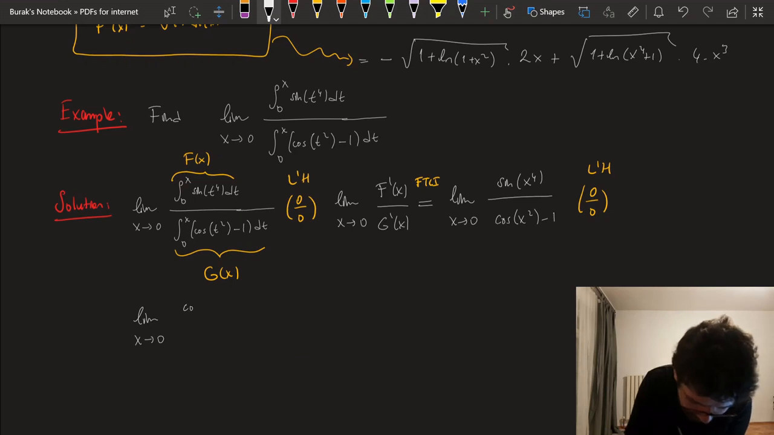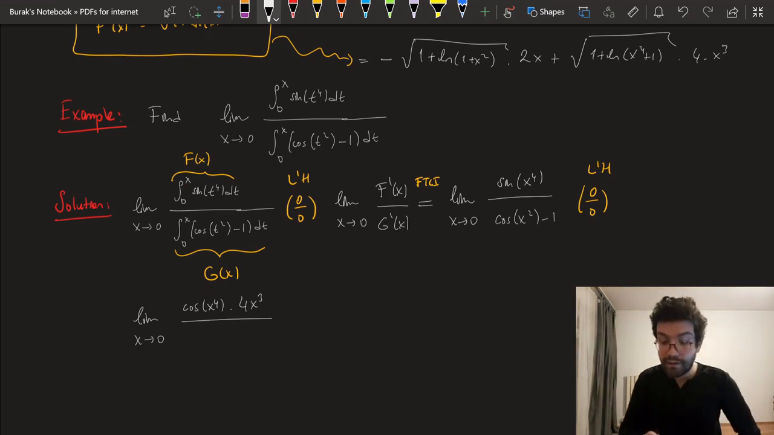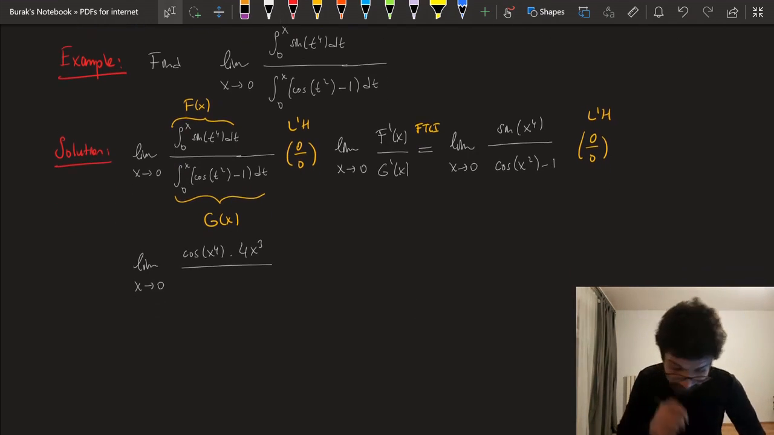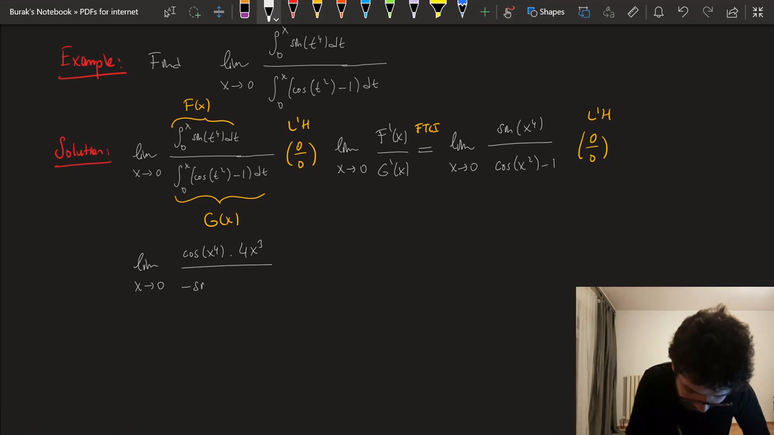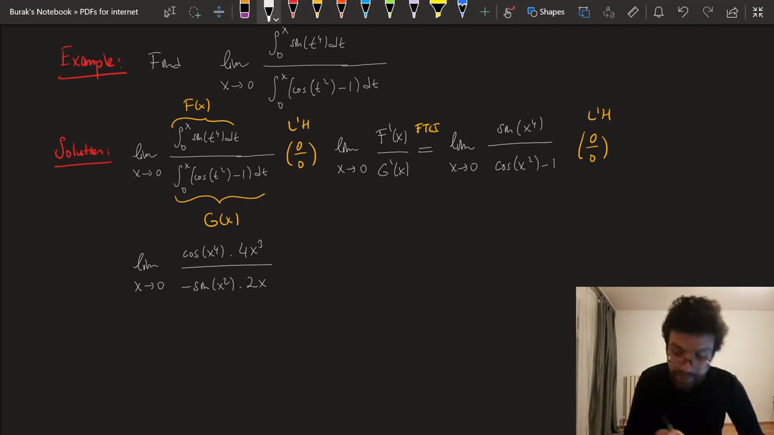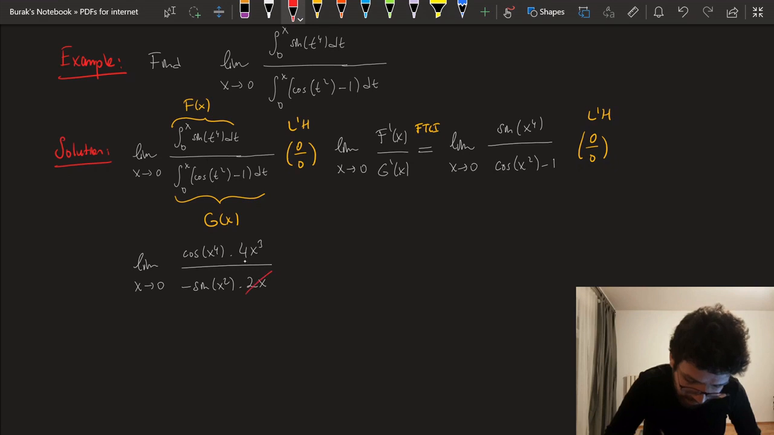Derivative of top is cosine x to the power 4 times 4x cubed, by chain rule. And derivative of the bottom: the derivative of cosine is minus sine, and I leave the input fixed, and I multiply this with 2x, and derivative of 1 is 0, so I have that. Now, I'm going to do some cancellations here,